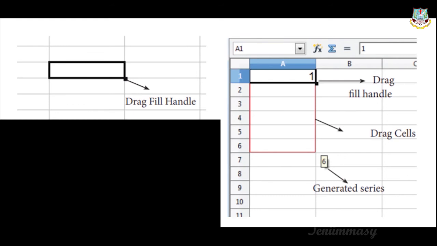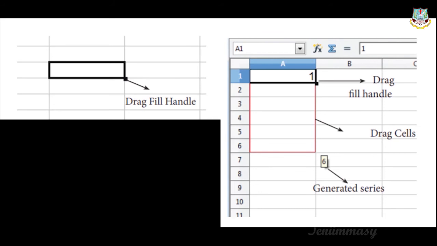Next one is about the autofill series. This is used to generate a series of values. If you type 1 2 3 and drag, 4 5 6 7 will come. If you type 1 3 5 7 and then drag, the next values will be 9 11 13, in the same interval. If you type 5 10 15, the next values will come in the lower cells.